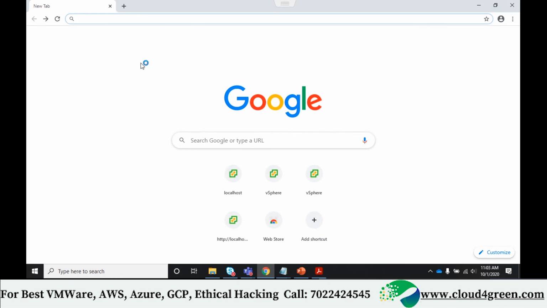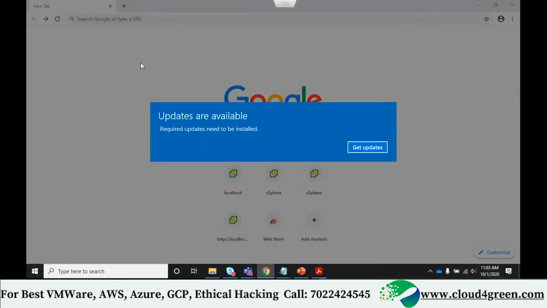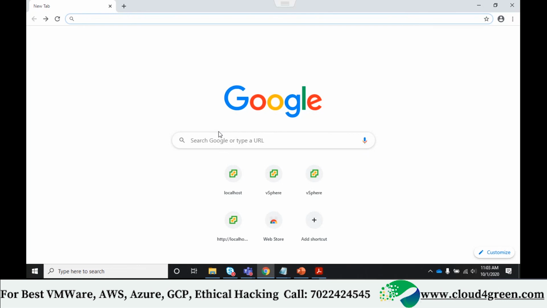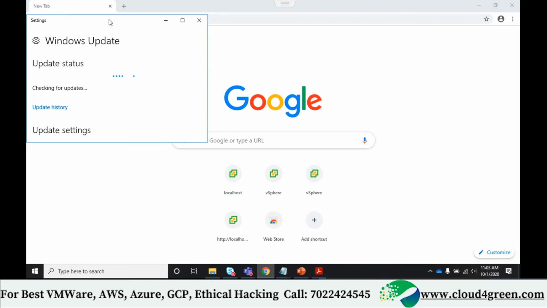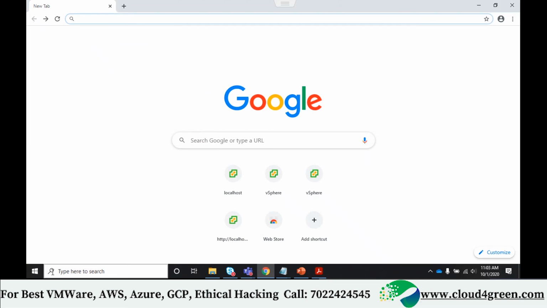So here we have connected to the vCenter server. This is already pre-installed. I have installed vCenter. Since it takes some time, we need not wait. This is a ready-made machine. Now it's time for you to log into this machine. How to log in? Either you can provide the complete path, for example vcenter65.craft.com.